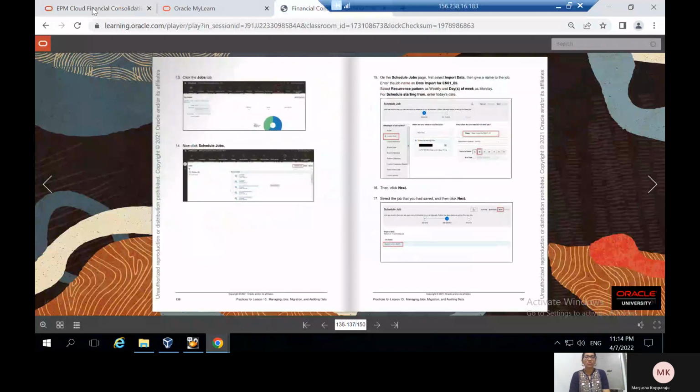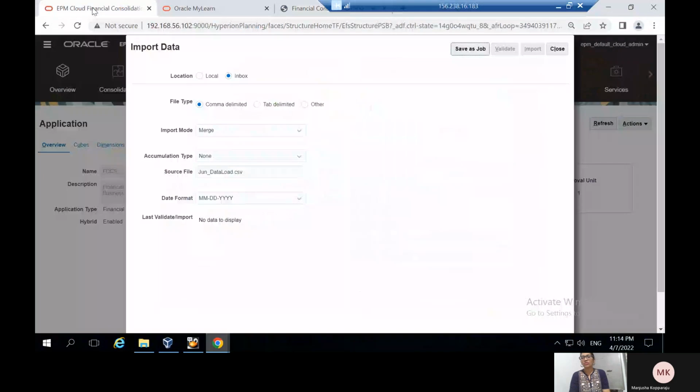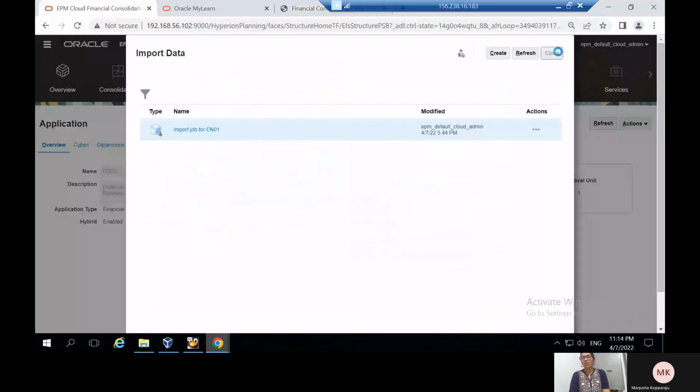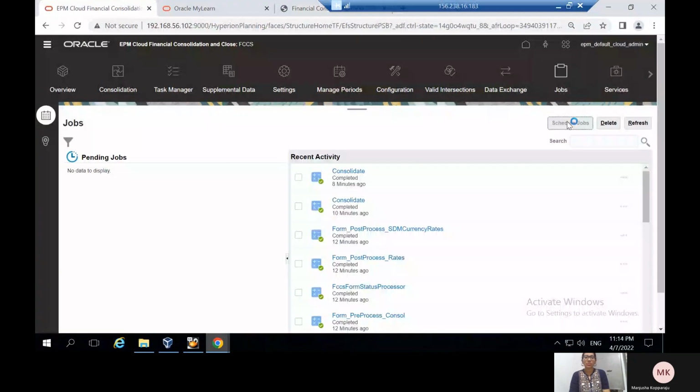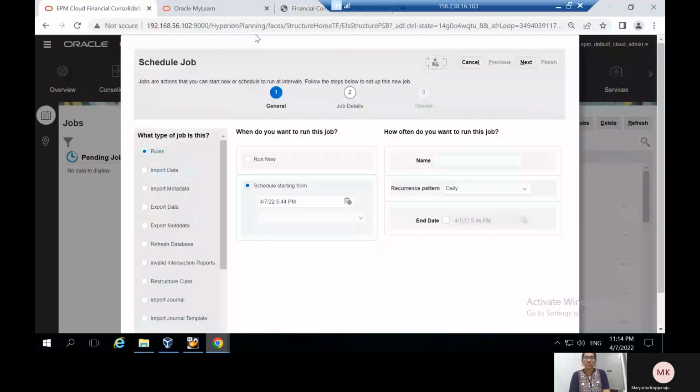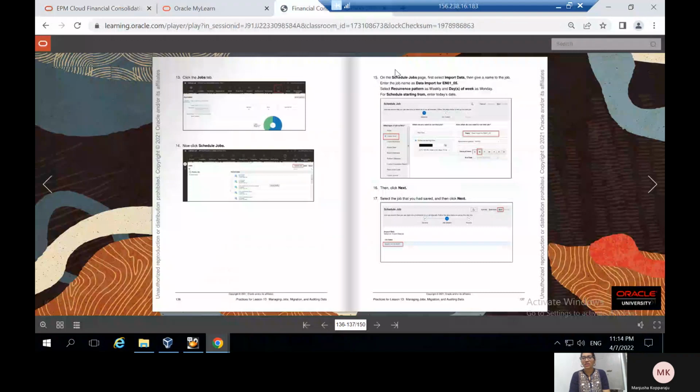Now click on schedule job. First I am going to close this tab. Now click on jobs. Click on schedule jobs. Now we are going to run this job. Further on the schedule job page, first select import data, then give a name to the job. Enter the job name as data import for en01_file. Select the recurrence pattern as weekly and days for week as Monday for scheduling